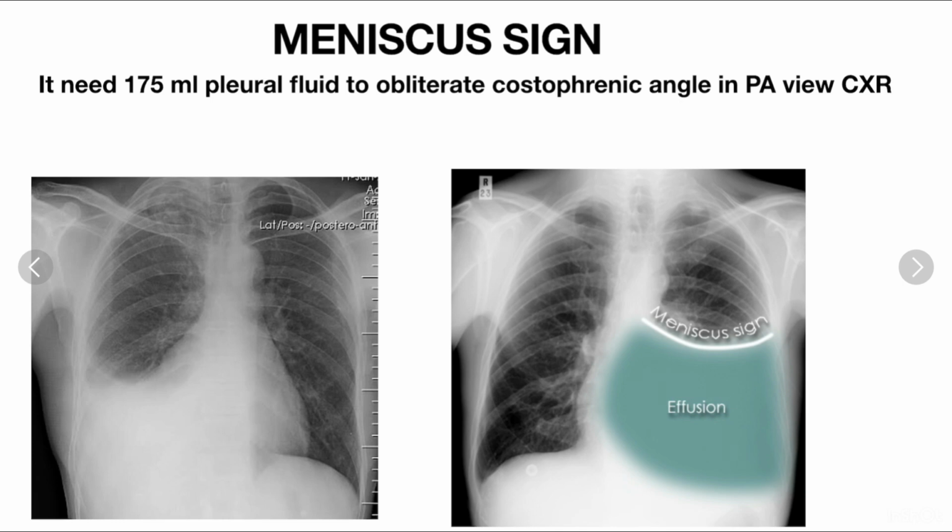Today we will discuss the importance of chest X-ray in pleural disorders and the importance of CT. First, we will discuss the importance of chest X-ray in pleural effusion. There is a meniscus sign which is seen in pleural effusion. Here you can see the meniscus shape, and this opacity is due to accumulation of